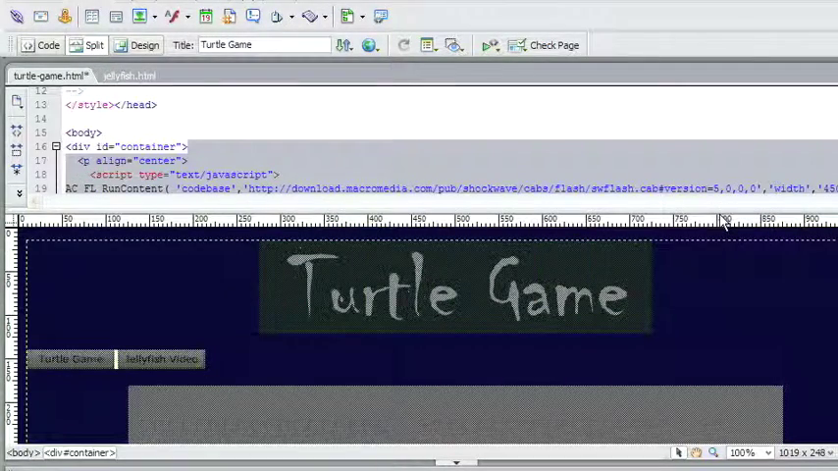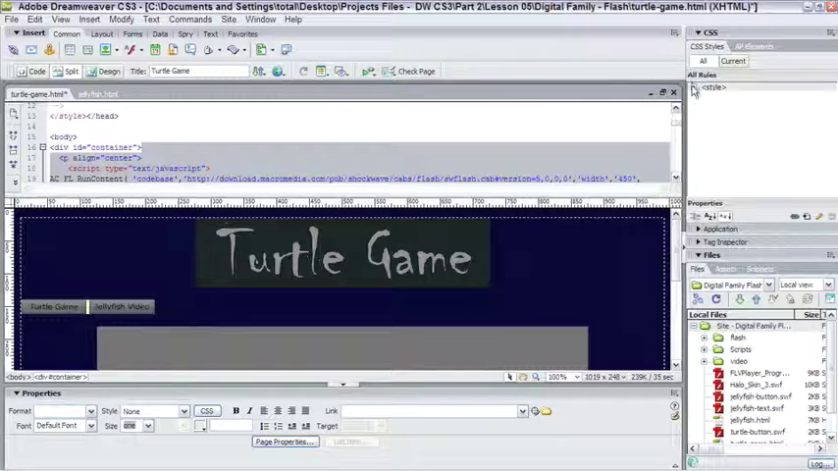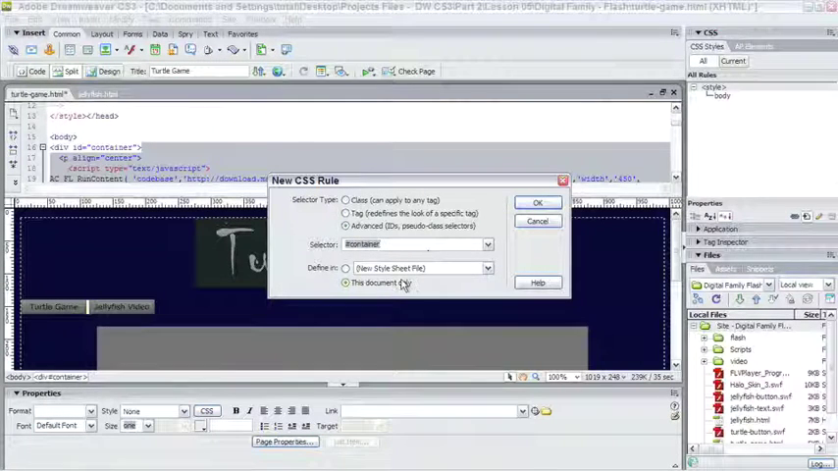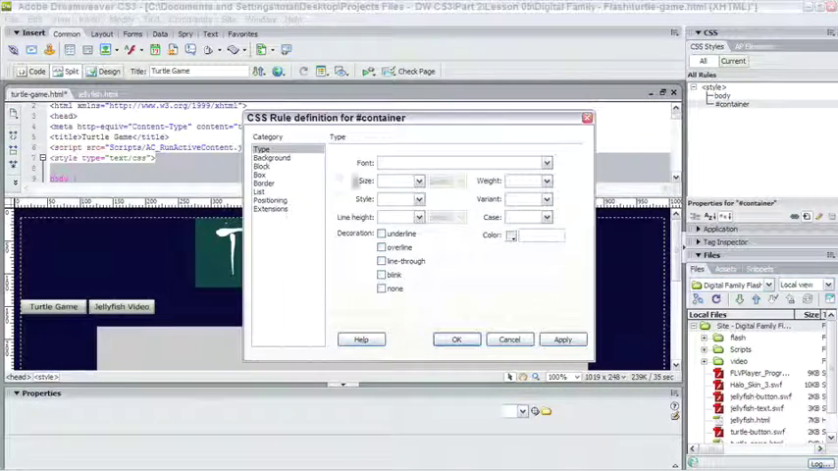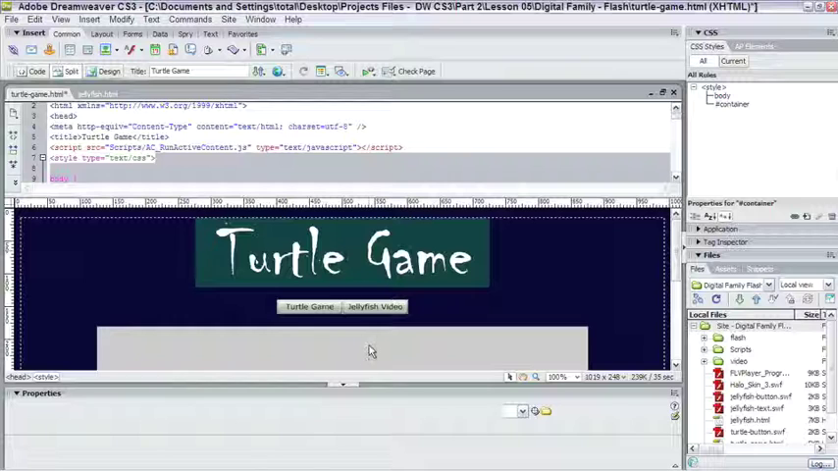And now let's create a style for container by going up to the CSS panel. We're creating internal styles at this point, so let's just keep it simple. A new container style in this document only. And remember, you can set block to text align equals center. And that should center everything in a way that Firefox does respect. So now if I save the page and preview it,